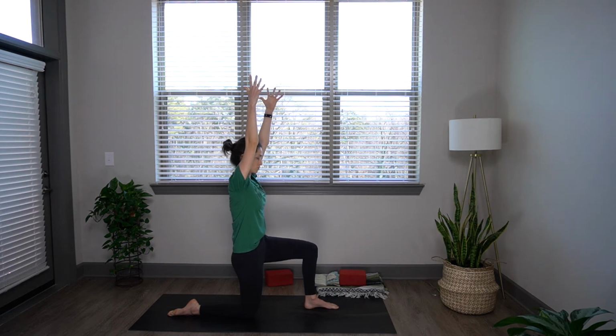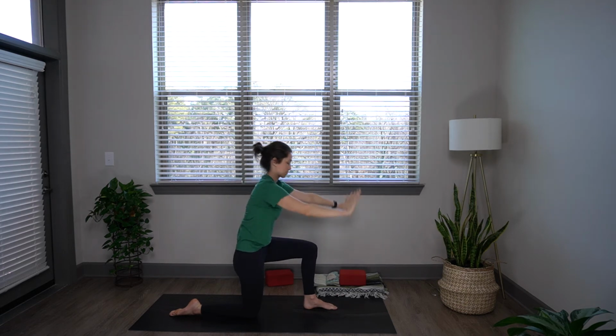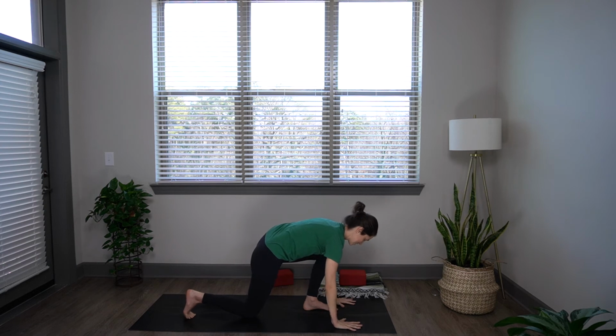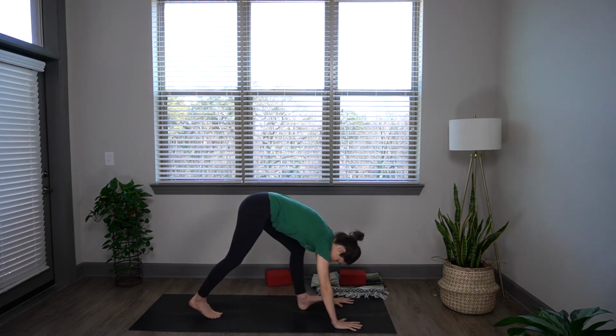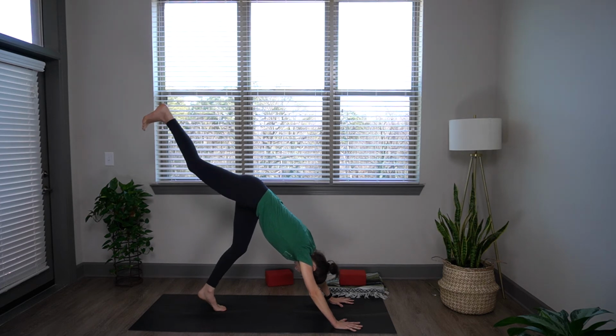And now same thing as before. Think about dragging your left heel isometrically back towards you. Right? So it's a contraction without actually moving. We'll bring both hands down to the floor and come into downward facing dog. Take your right leg, reach it up there,